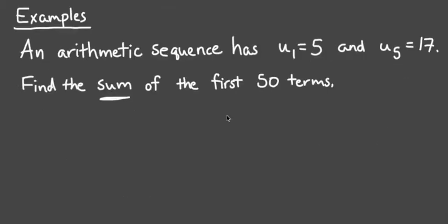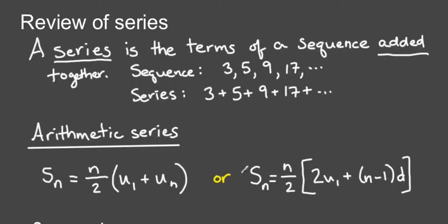Let's look at some examples. In this first example, an arithmetic sequence has u1 equal to 5 and u5 equal to 17. We're asked to find the sum of the first 50 terms. We also know that the sequence is arithmetic, and we know our first term and our fifth term. So we know we're looking for a sum. That tells us we're going to use the S formula and not the u formula, and we're looking for an arithmetic sequence. So going back, we're going to choose one of these two formulas,